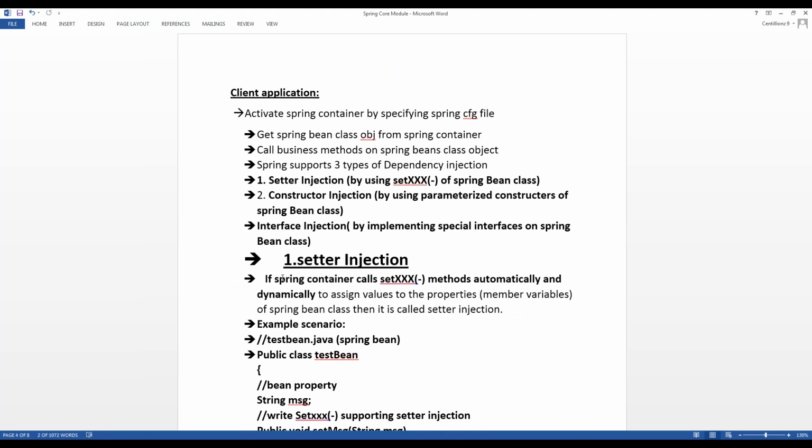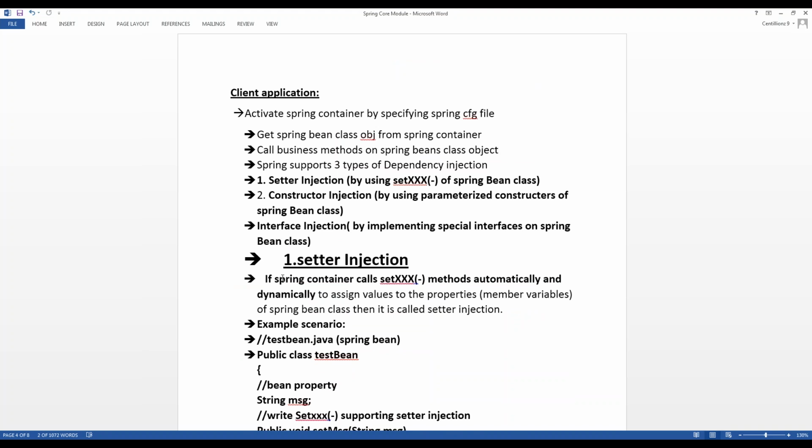Here dependency injection means no need to take all the injections at a time in our application. Whatever injection we use inside the class or project, we are depending on that injection. Sometimes we depend on interface injection, sometimes on constructor injection, sometimes on setter and getter injection.